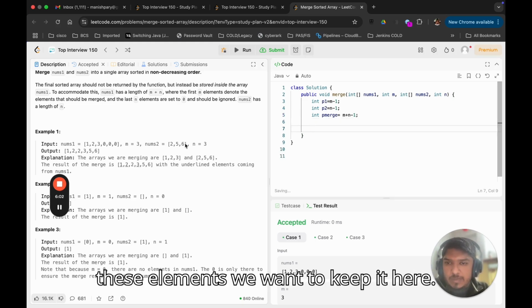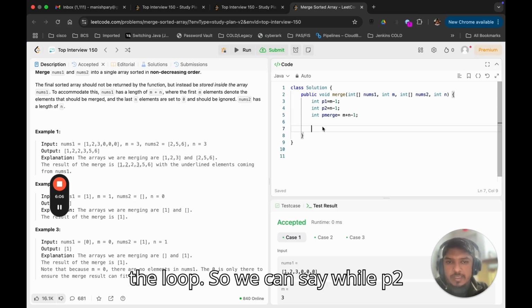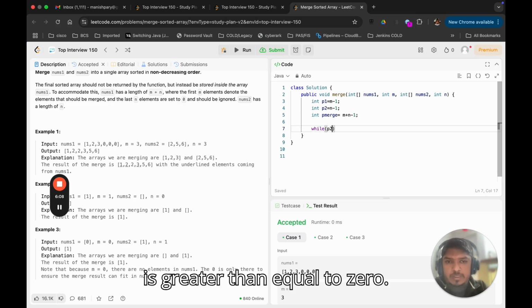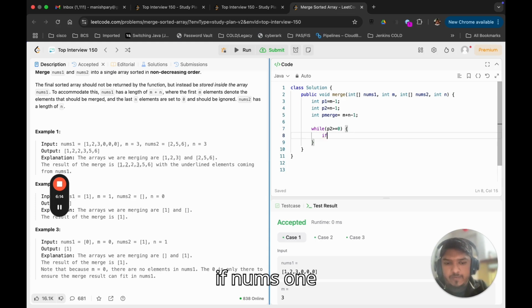Okay, now we want to run a loop. All these elements we want to keep here. Once this is done, we'll come out of the loop. So we can say while p2 is greater than or equal to 0, and then we can say if nums1 p1 is greater than nums2 p2, if this is greater,